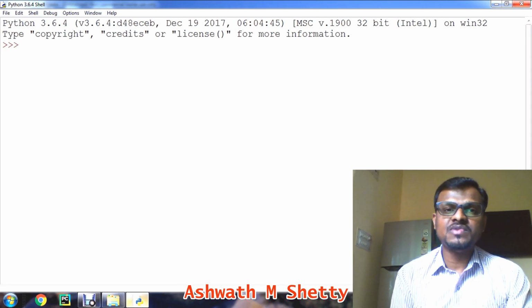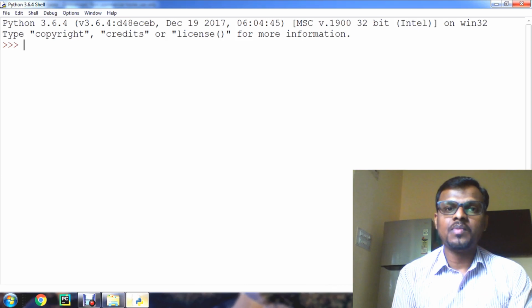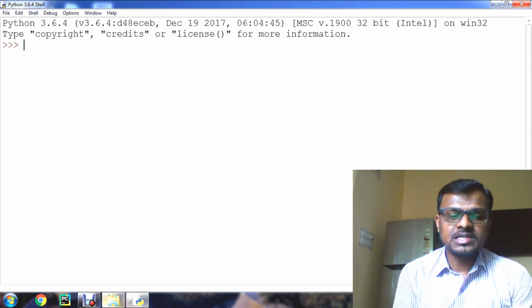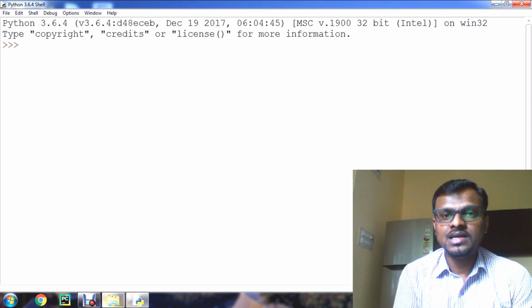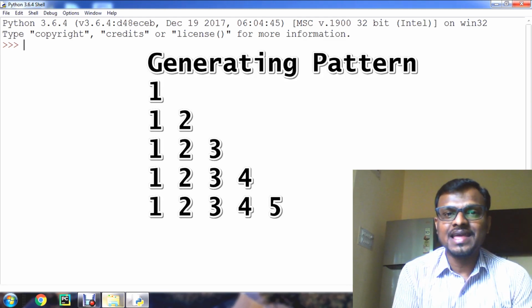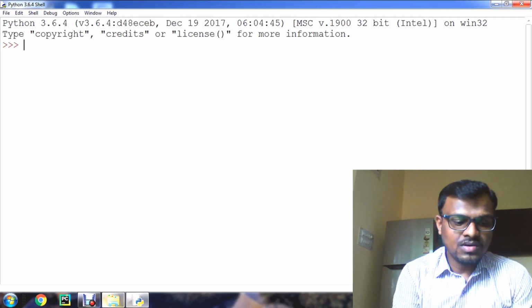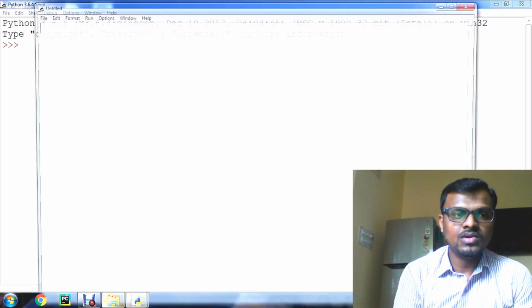In my previous class we discussed the break and continue statements along with programs to work with them. Today we are going to demonstrate some programs based on the concepts we have learnt so far. The first program I am going to show you is how we can print a pattern in Python by using looping constructs and statements like break and continue. Now, for that, take a new file.